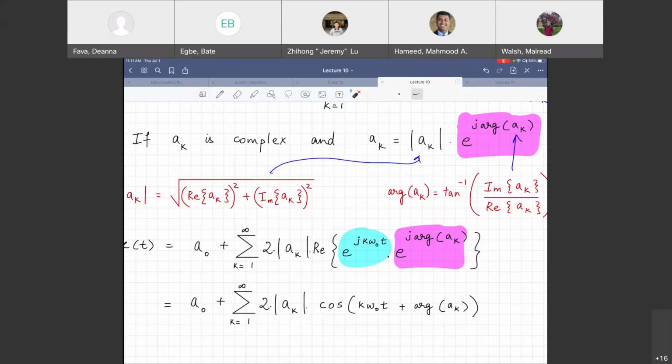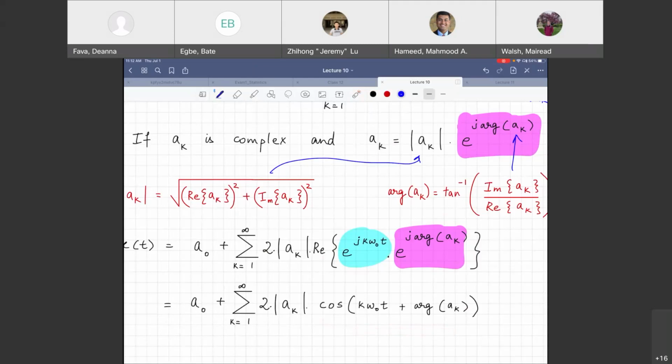Remember this simple property. It will help you later on in the course as well. If you have multiplication of two cosines, cosine A multiplied by cosine B, you will get two other terms. You will get cosine of the sum of the angles, and you will also get cosine of the difference of the two angles. The cosine of the difference is imaginary, which is sort of getting cancelled out, but the cosine of the sum of the two angles is staying there. You can also reach the same conclusion by applying the trigonometric properties.